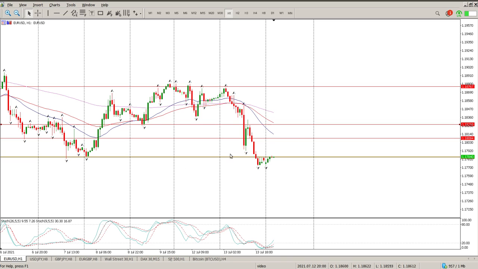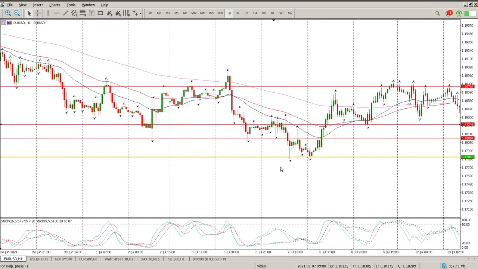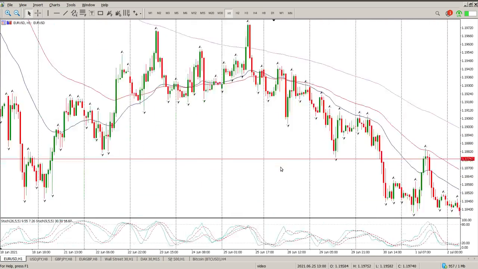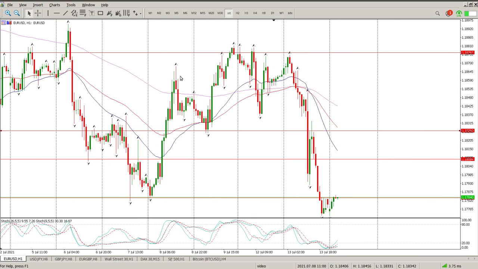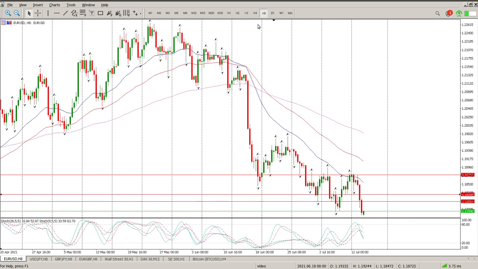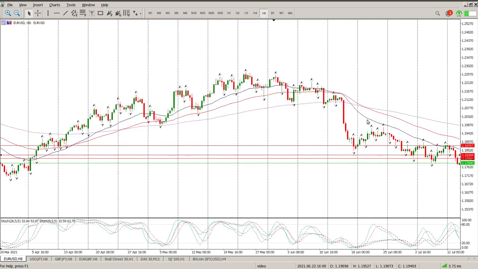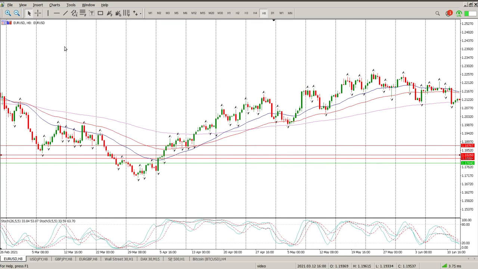So that's kind of the view I've got at the moment. It does look like we are trying to break to the bottom of this range. So this is the other area to pay attention to, 117.838. Kind of nothing really happening at the moment. But if during the European open we reject this level, I suspect a pretty big move to the downside, and pretty big would be the height of this range. Let's come back to the 8 hour. So this consolidation pattern, the height of that to the downside, is more than likely on offer,